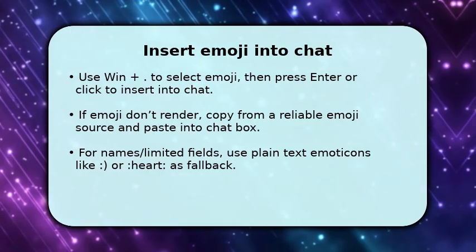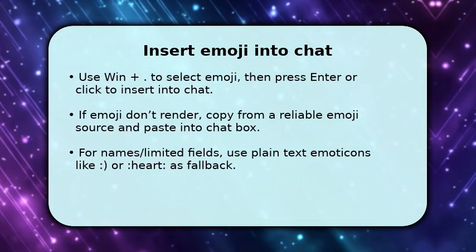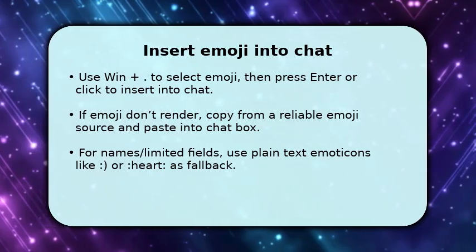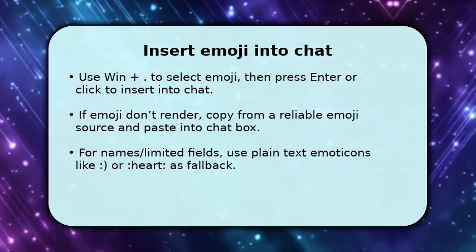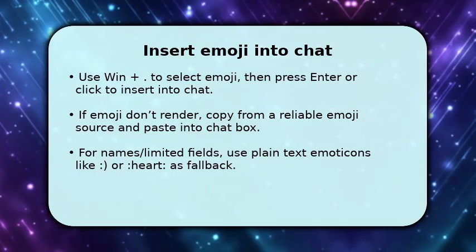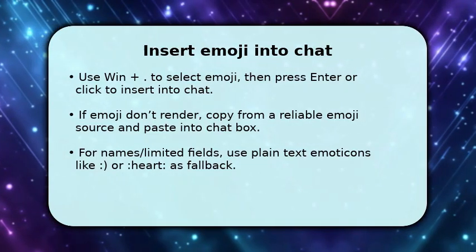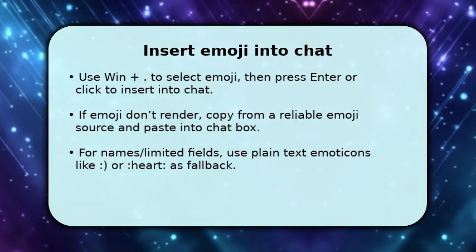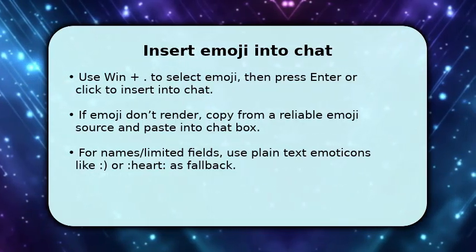If an emoji shows as a blank box, copy the character from the picker or a text source and paste. Roblox will often accept pasted Unicode where direct insertion fails. For places that block Unicode, like some name fields, switch to classic text emoticons or short descriptors, so you're finished